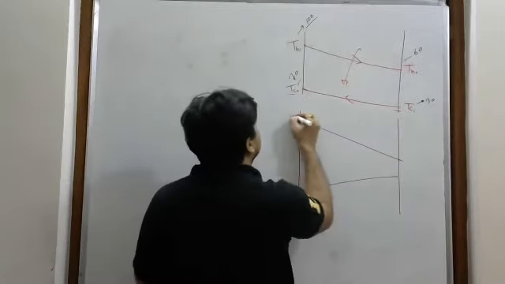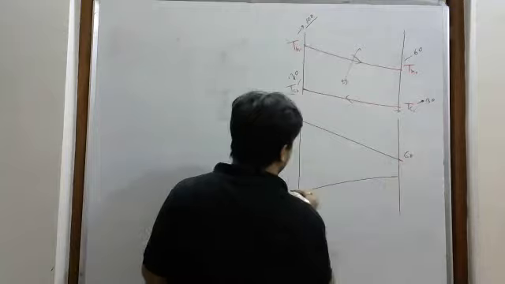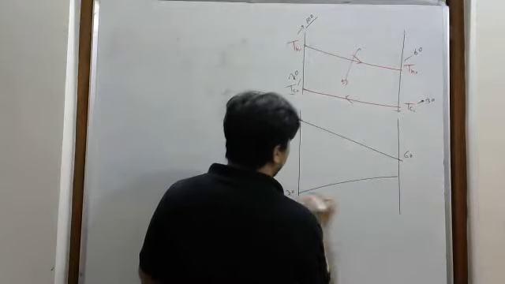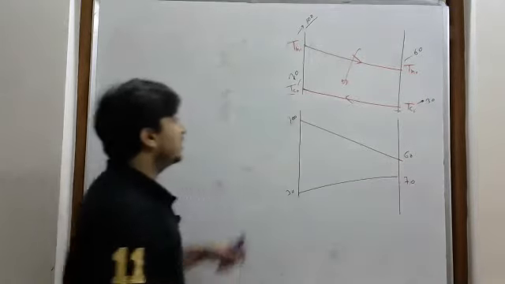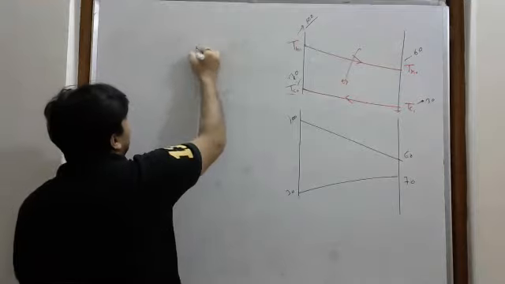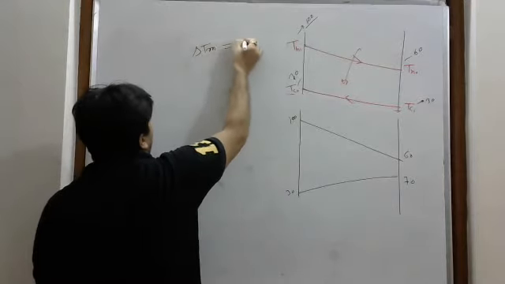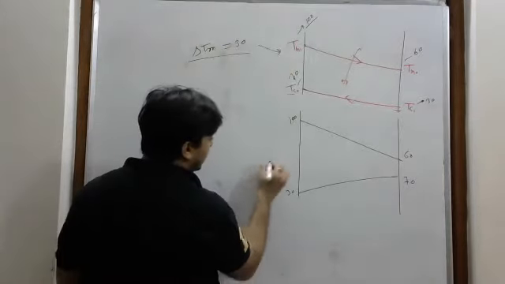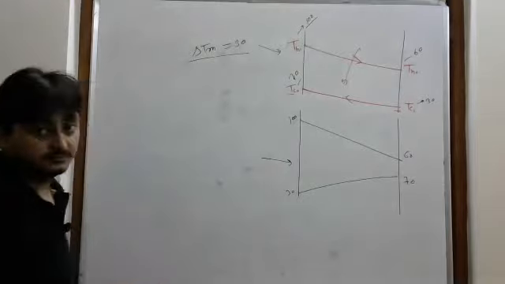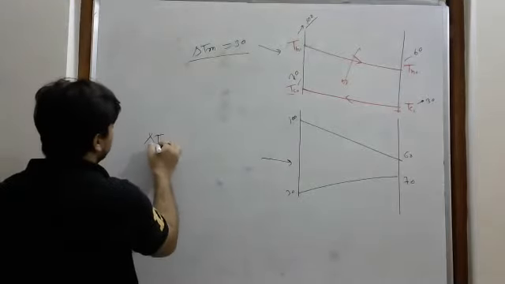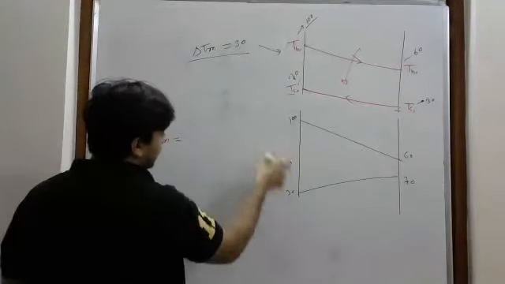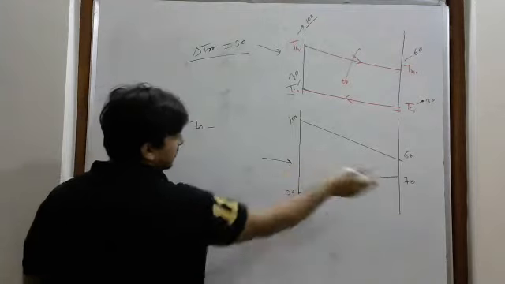This is 100, same I am taking 60, this is 30 and this is 70. Now in that case, what is del Tm? 30. Can we find in that case? Just find how much value you are getting. Just tell me fast. This value is 70. So 70 minus this value is what?